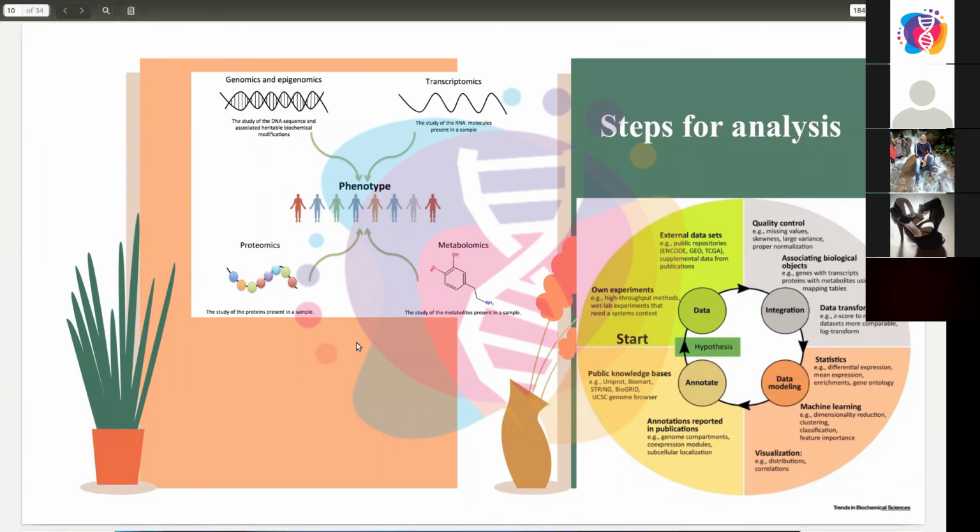So most of the established public data sets are there. For cancer, you have TCGA. And for any other disease, you can also download data from the GEO database, which is a subset of